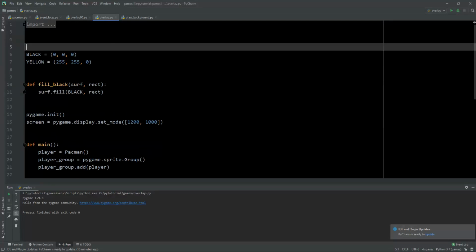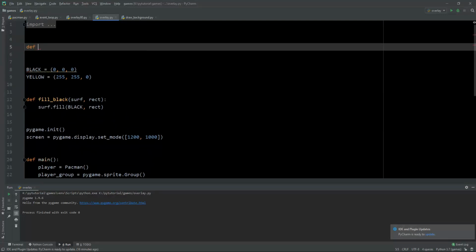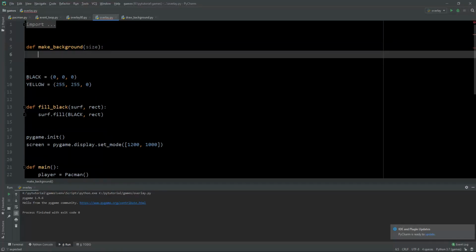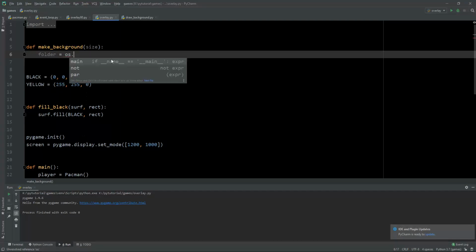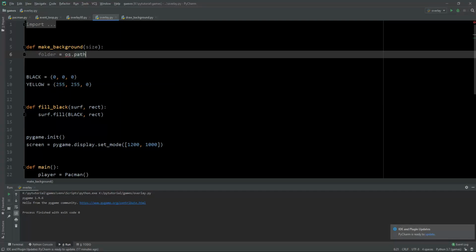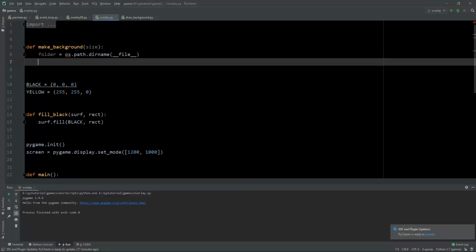So how do we load the image? Right, so what we do is def make_background. We're going to make a function that takes the size of the image we want to load. Find the name of the folder. So this is all covered in a previous video. We're getting the directory name relative to the current file. And then we build up the file name